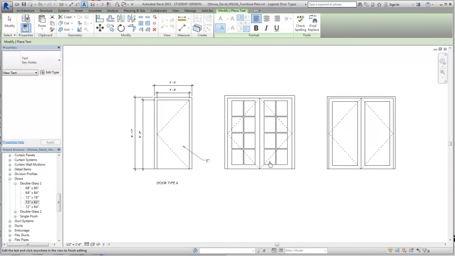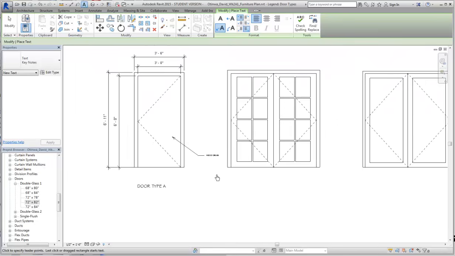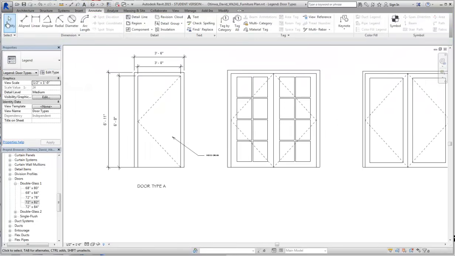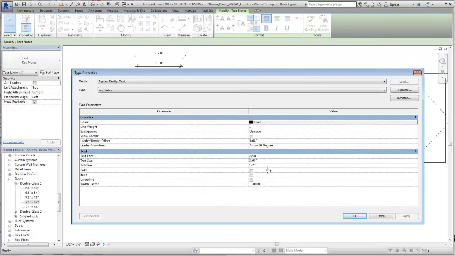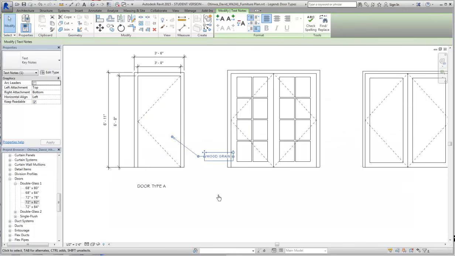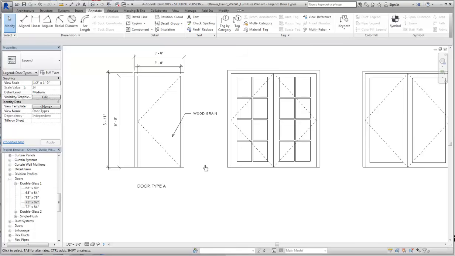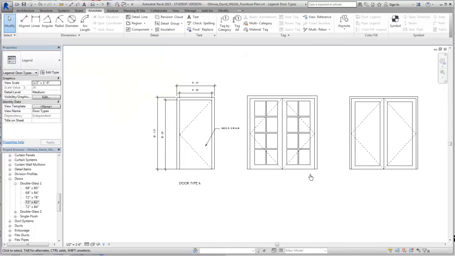And as you can see, we probably want more room between them. Wood grain. Here we go. Let's see how the keynote is set up to look. Text size right here. There we go. Wood grain. Like I say, make enough room. And then what you do